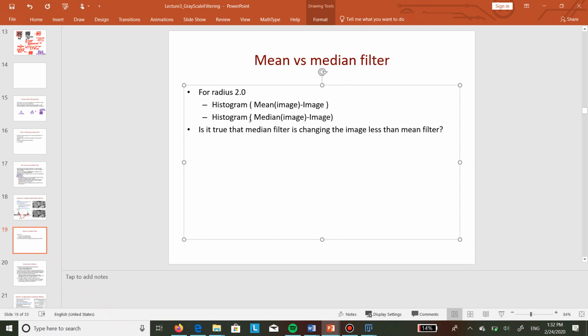Is this clear? Why am I doing it this way? This is a way to compare, right? These differences are an image that tells you where the differences are spatially, but I'm just interested statistically to see that these differences